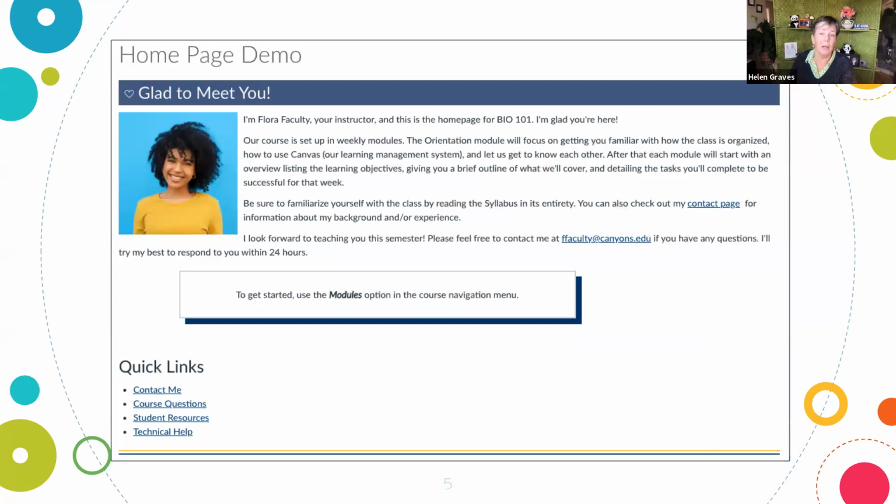Here's an example of a Canvas page with some layout effects in a visually appealing way. You can see there's a background to the section heading. The text and the image are next to each other. The text kind of wraps around the image. There's a call out box to highlight really important information. There's a page border at the bottom.